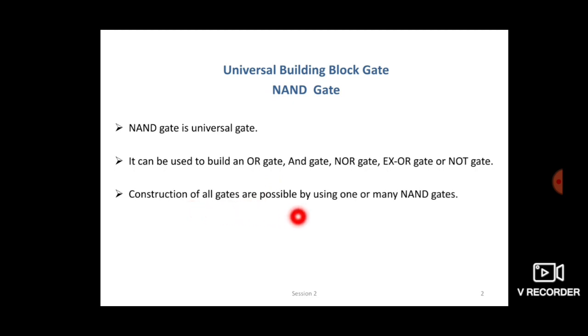Construction of all gates is possible by using one or many NAND gates. So, in this lecture, I am going to explain how to construct NOT, AND, NOR and OR gate using NAND gate. You can use more than one NAND gate.